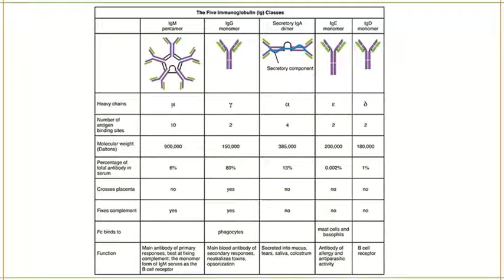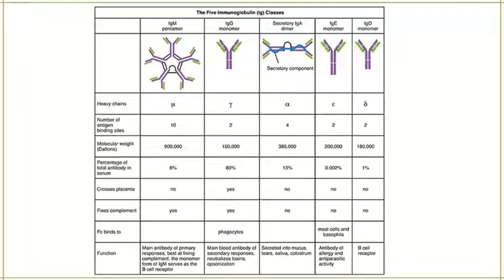That's it. Okay. So from this master slide, what are the possible questions they can ask you? How many antigen binding sites are present for IgM? That is one question. How many antigen binding sites are present for IgA? That can be a question, and the same for any of the other immunoglobulins.